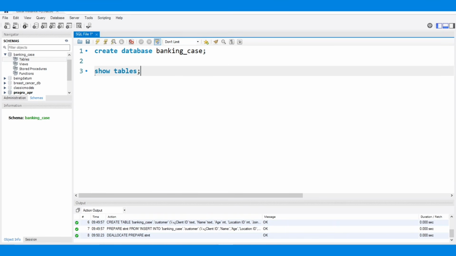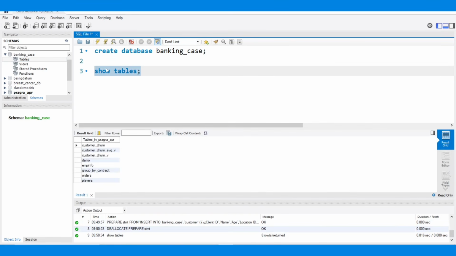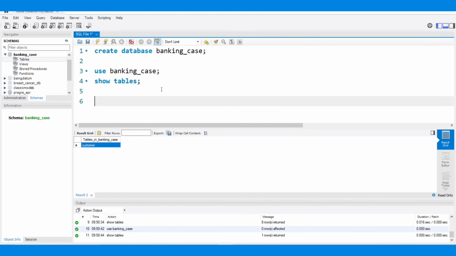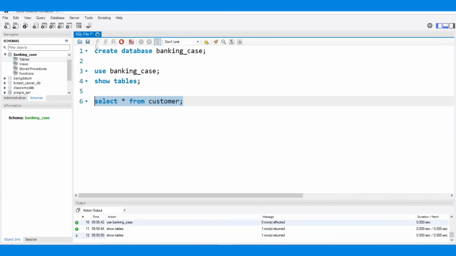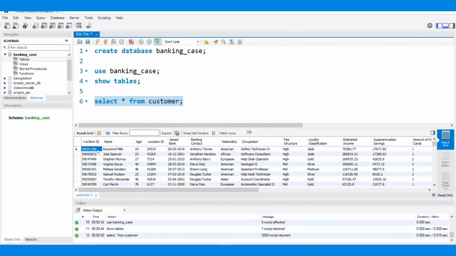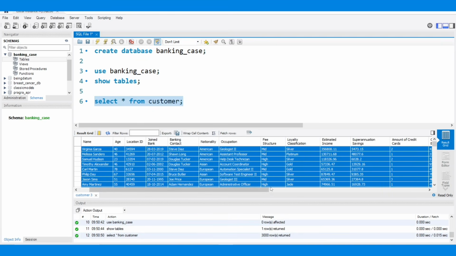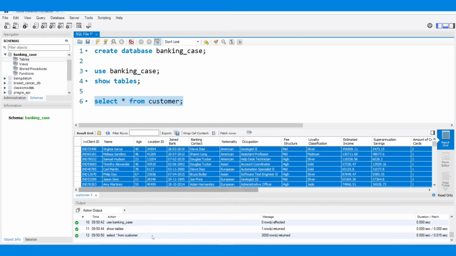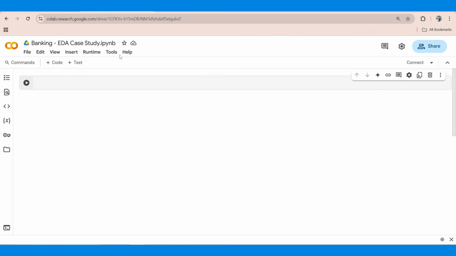Show tables. Okay, sorry, my bad. I have to use this database first. Use banking case, and then show tables, and then I will show you the table. Right? My table is created, all of this information is created, right? No problem. Now what I need to do is I need to connect my